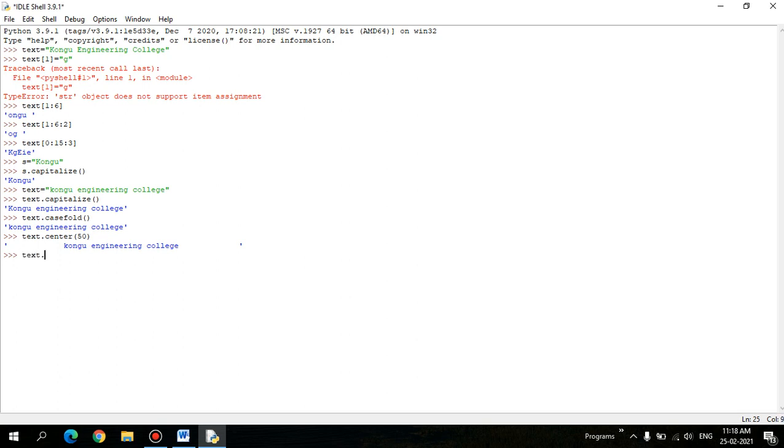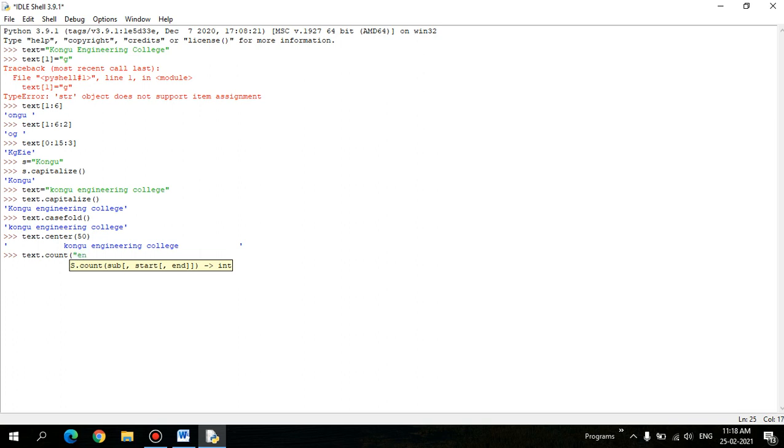Let's go for the next function. Here it is count. Count is nothing but a substring calculation, where you count the number of occurrences of a substring. I need to specify some string here.